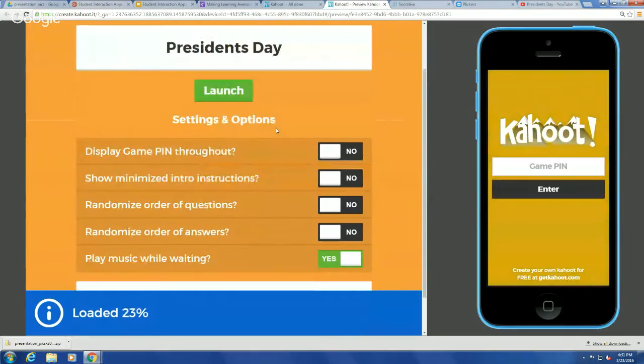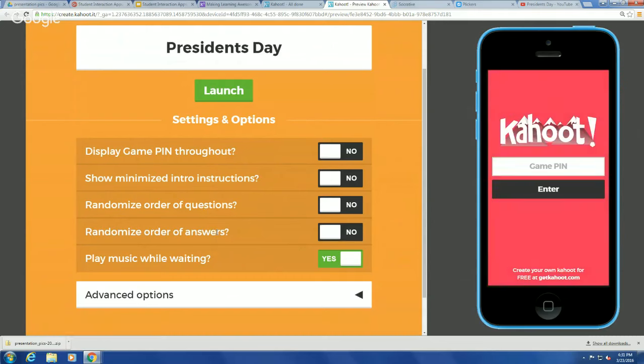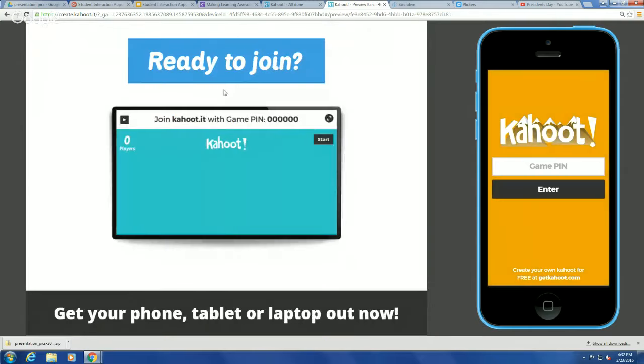You'll see here that when the test would come up, you're given options: display game pen throughout, no, show minimized, intro instructions, no or yes. It's going to depend on what you want to do, and play music. I'm going to go ahead and turn the music off. A lot of students that I've seen using this, or teachers using this with students, the kids like, or students like the music, gives it a very game show feel. But we're just going ahead and stay right here, and I'm going to click on Launch,